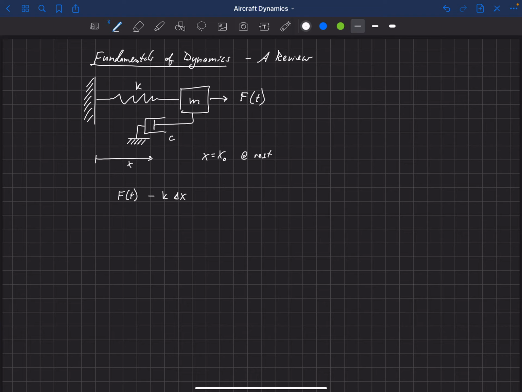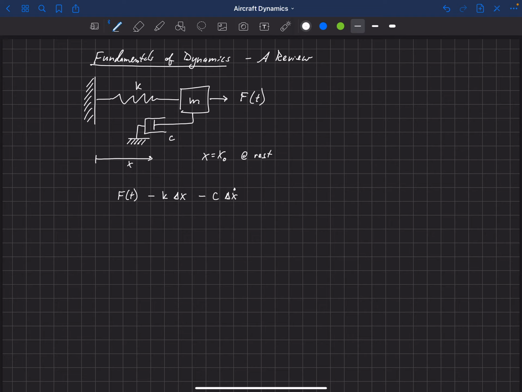Okay, another force we would get on this mass is that we would get something proportional to its velocity. So it's going to be our C, our damping coefficient, that's proportional to the velocity of that mass, which is delta x dot. Okay, so the change in x with time. And if that mass were moving to the right, so if delta x dot were positive, we'd get a negative force on that because the damping is always opposing the direction of the velocity, so we get a negative out front there.